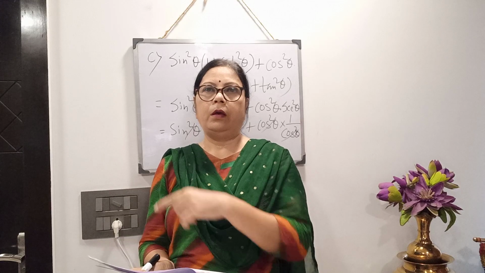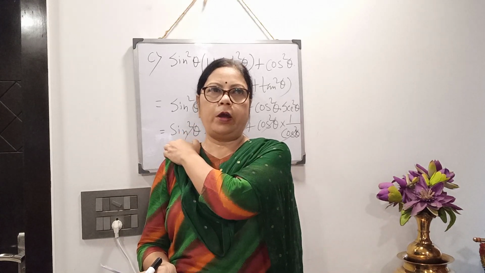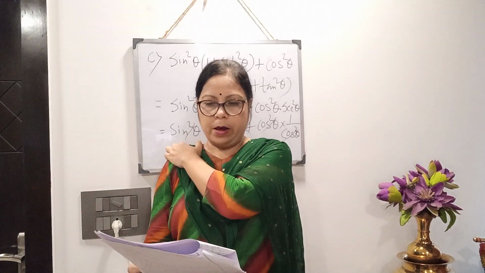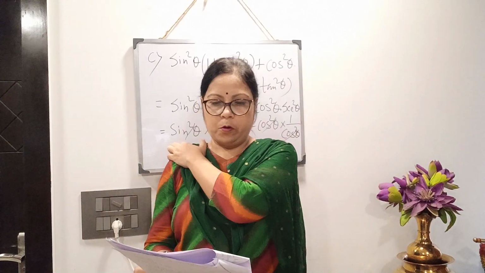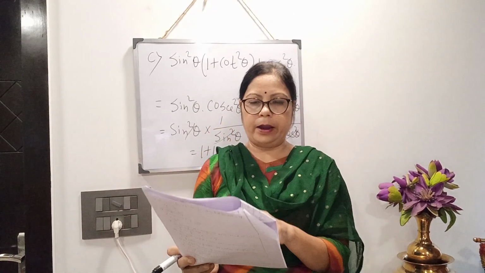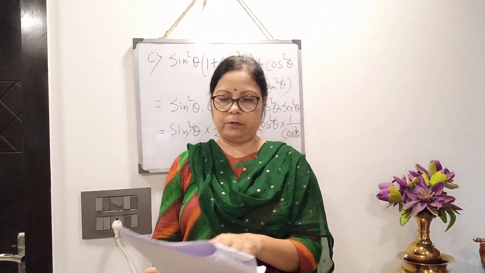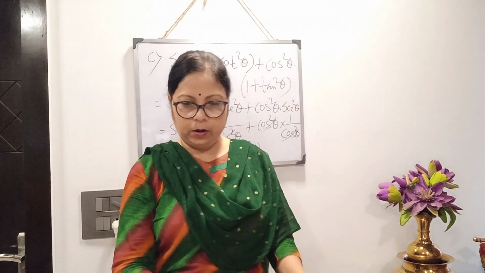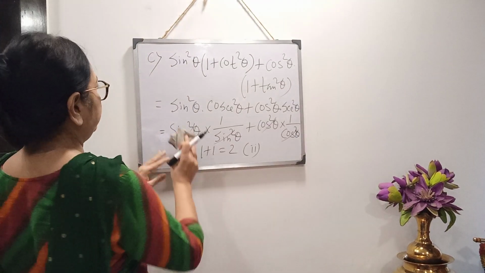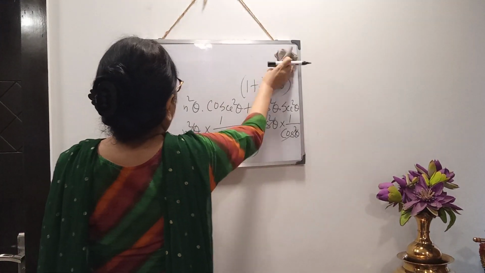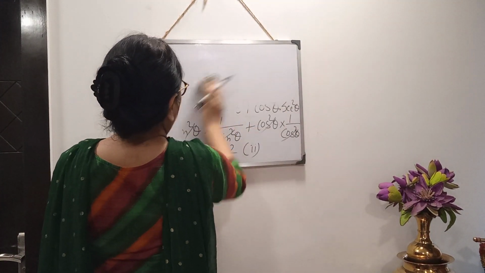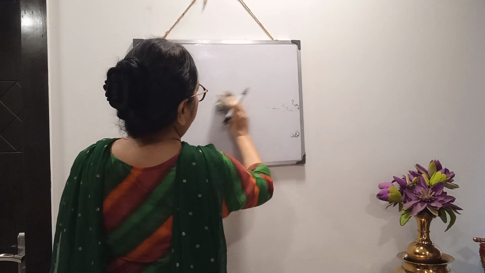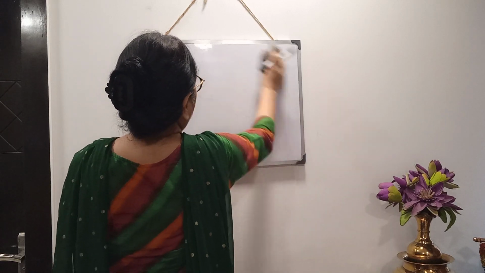It will come 0.16 plus 0.09. So if you add, 1 will not come. So this will not be the correct answer. Clear? Second one, I have done the second one. See? In this way, by trial and error method, you will find out which one is the correct answer by applying the formula.